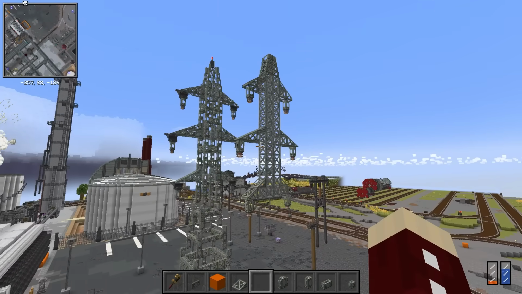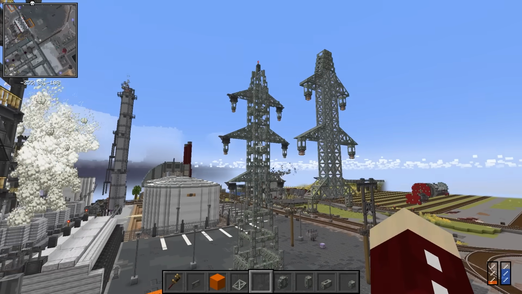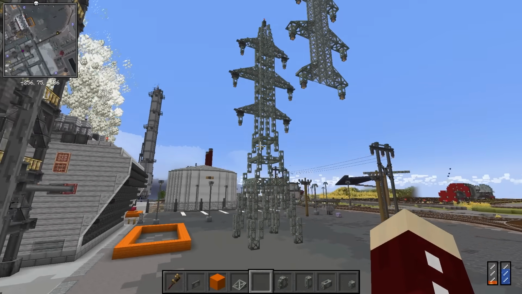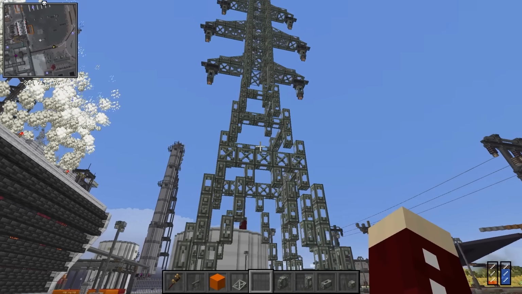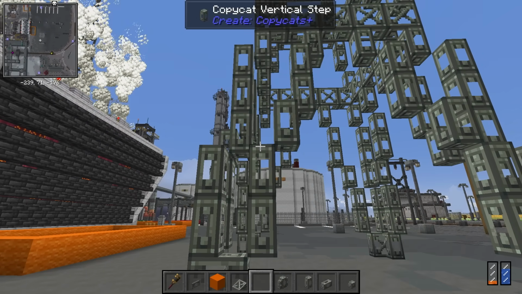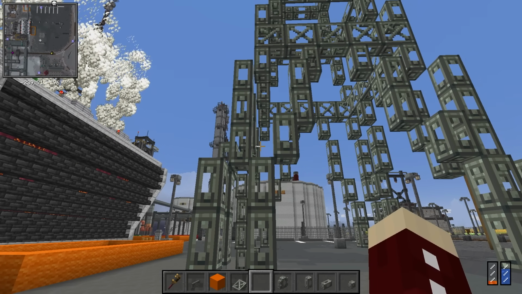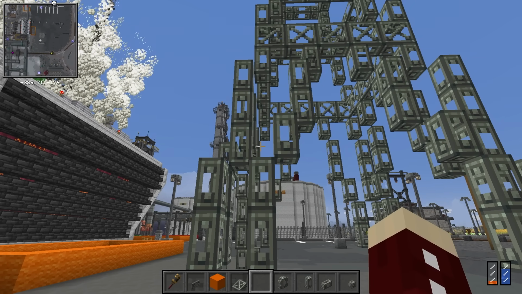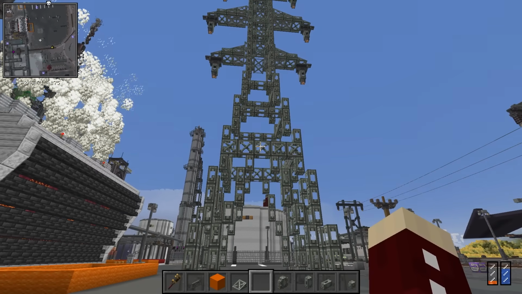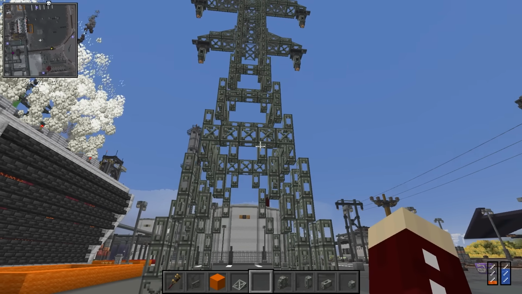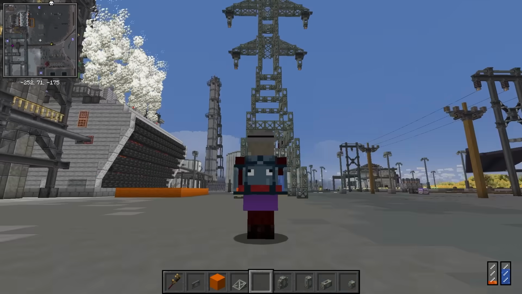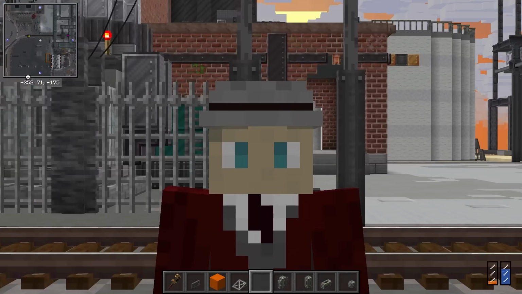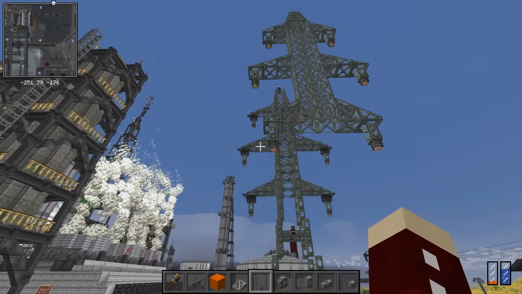You can see I started with this little version and it was cringe, so I upgraded the size. Now I have a big high voltage power line setup. Funny thing, almost the entire thing is built out of copycat blocks just because it's about the right color. And it also obviously has holes in it and looks like scaffolding framing. That look is really hard to get because it requires really small pieces of metal in real life. And these really small pieces of metal do not go well in Minecraft where everything is supposed to be 1